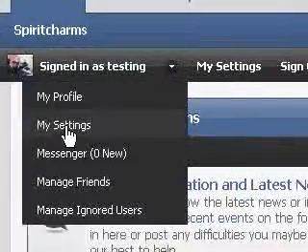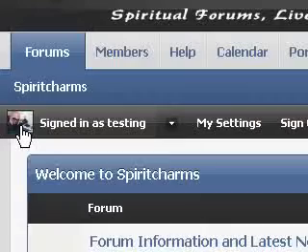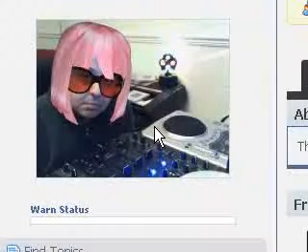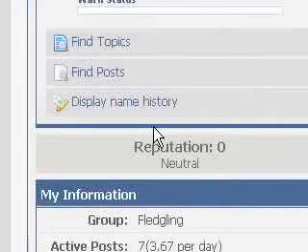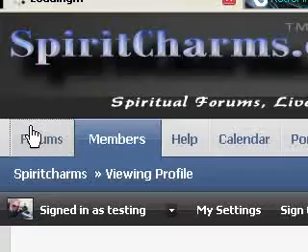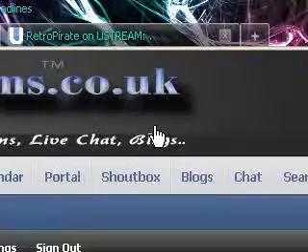All these settings and things probably only need to be done once, unless of course you want to change your photograph or change your avatar, but on the whole, it's just simply coming in, posting, having a chat, and the job's a good one.